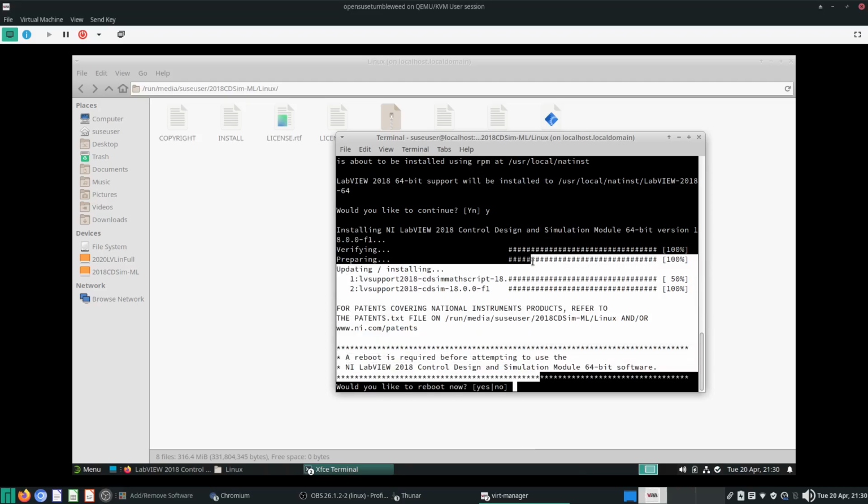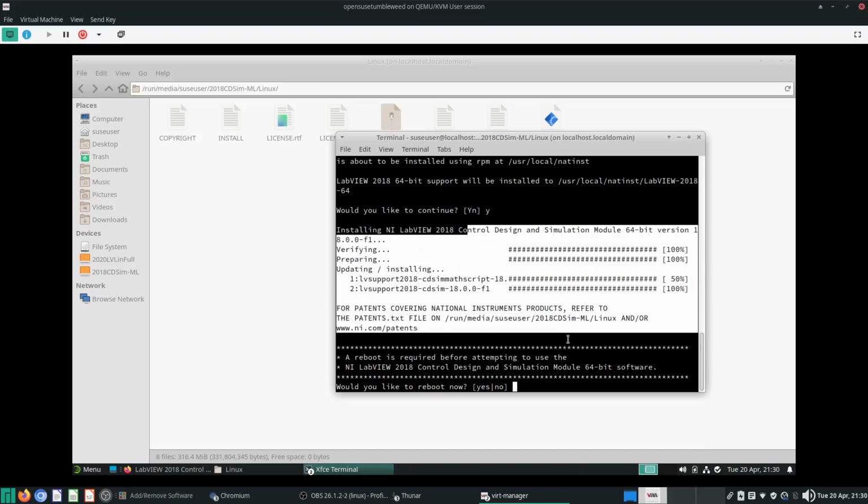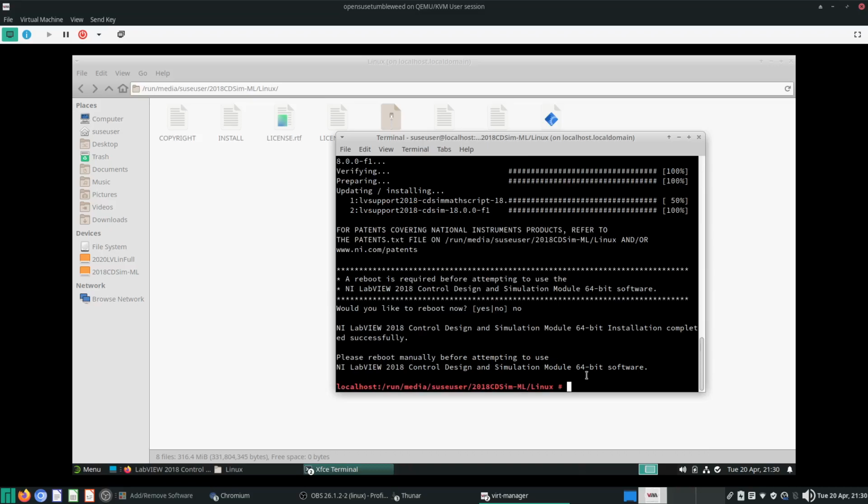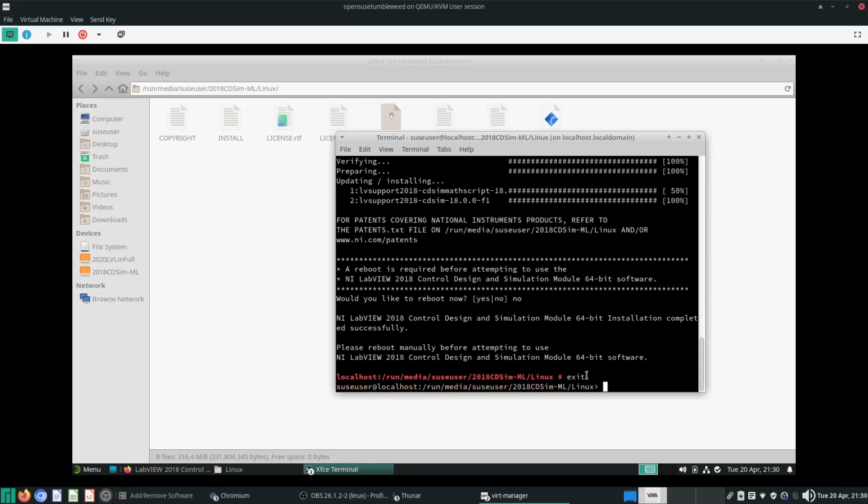Okay, then it'll ask you whether you want to reboot. At this juncture, I will say no. I do not want to reboot yet. So normally you will have to reboot manually before this thing actually works. But since there's the problem of this LabVIEW 2018 control design and simulation file not working because it doesn't detect the 2020 folder,